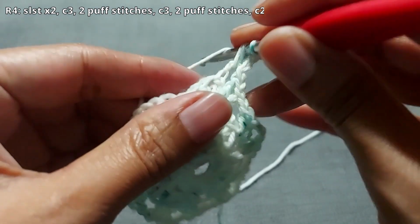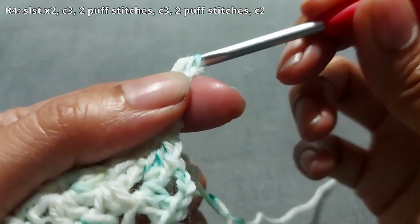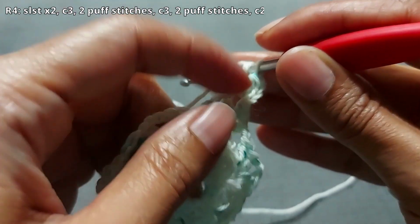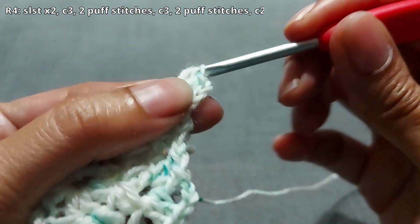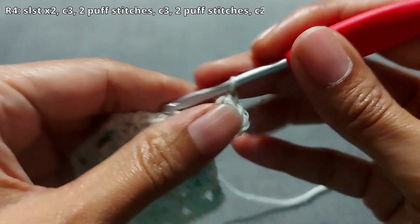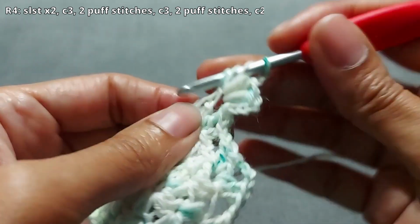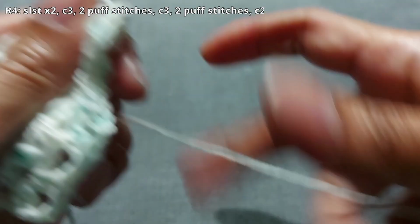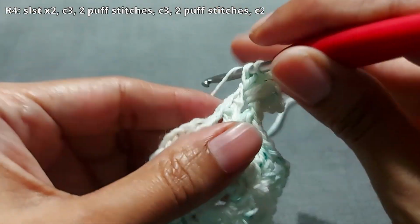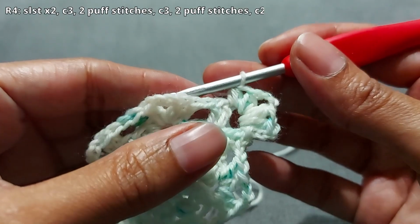So yarn over, pull up a loop, yarn over, pull up a loop, and then yarn over and pull through all of that, and then do a second one, yarn over, just like that. So you'll have 2 of them, and then you're going to chain 3, and then you're going to do another 2 puff stitches into that same chain space, just like that. And then you're going to chain 2